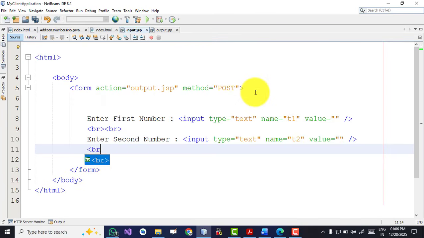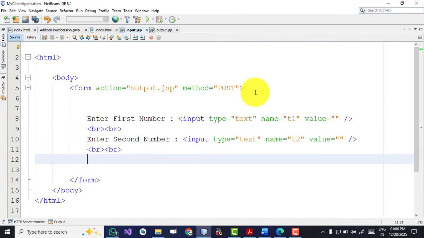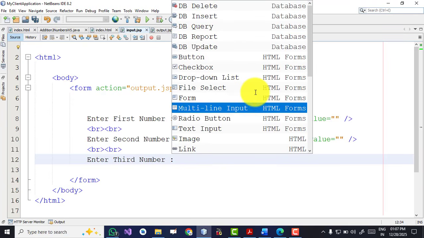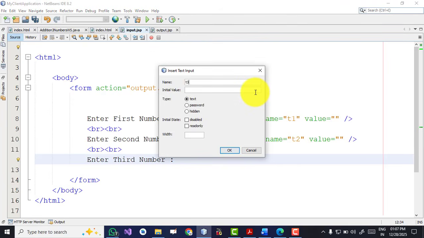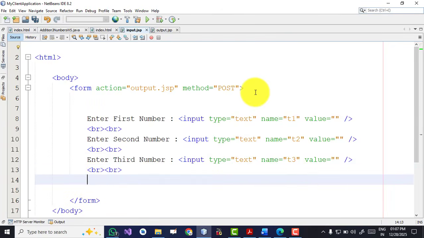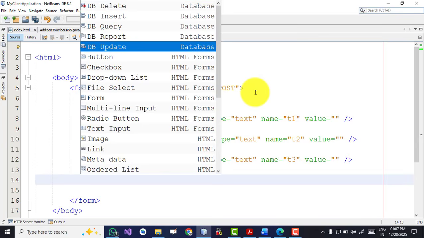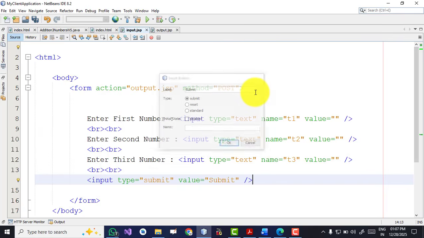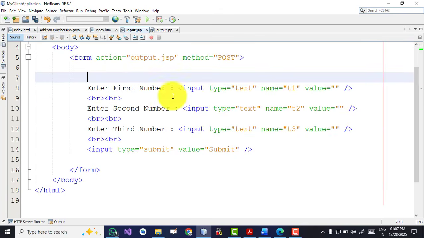Then BR for the next line. Then enter third number. Again, Ctrl+Space bar, text input T3. Then for the next line again BR, Ctrl+Space bar. Now we take a button which is my submit button. Addition of 3 numbers you can give. So this is my design file.